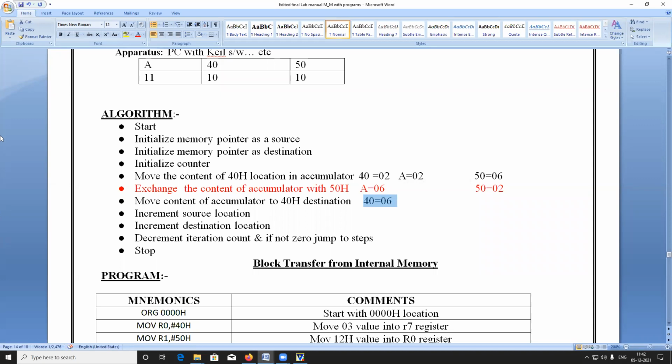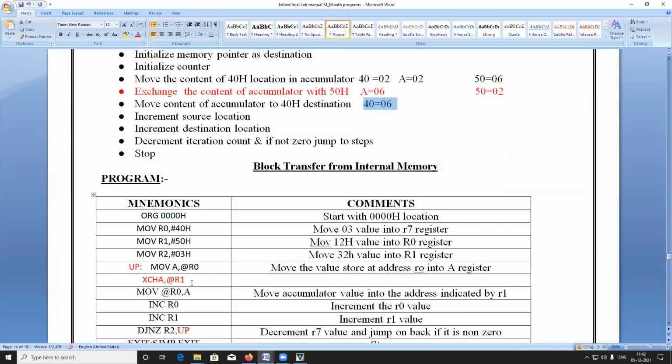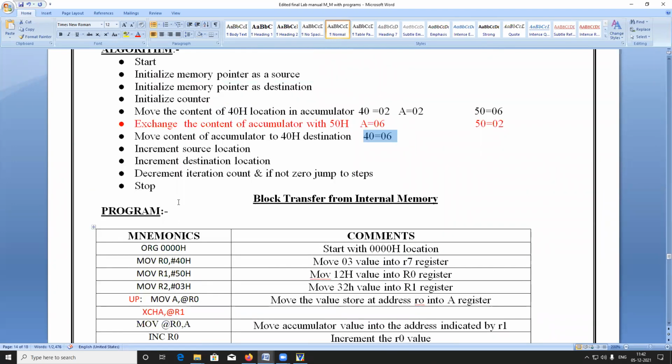See how this is the algorithm, and then we have to transfer this algorithm into instructions. In any software language, there are algorithms and flowcharts, and according to the instructions present in that software, you have to convert your algorithm or flowchart into instructions, or into the program. Just correlate this algorithm with this program.